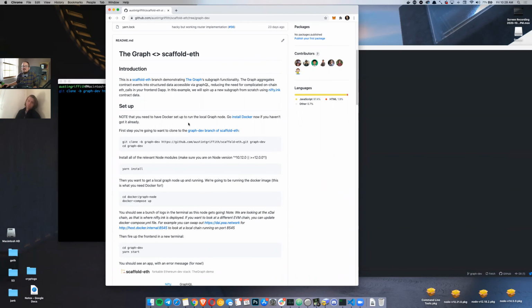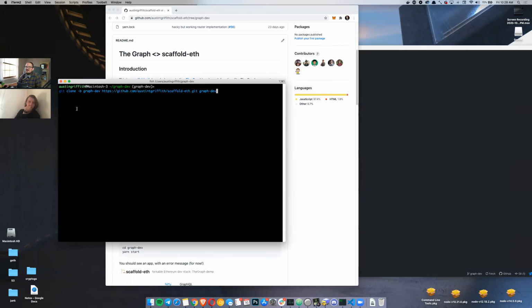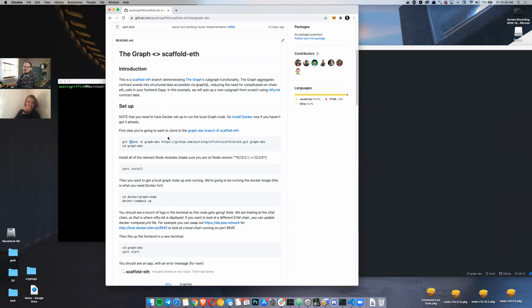Query it and get real data back that you actually want to use. Yeah, got it. Exactly. Okay, so first step, I cloned it. I already did this because it takes some time. Basically you're cloning down Scaffold-ETH, but you're grabbing the graph dev branch and we're putting it into